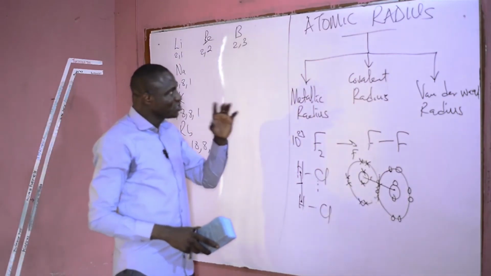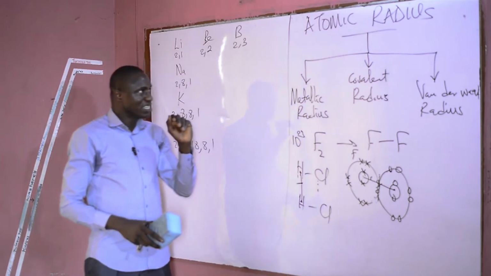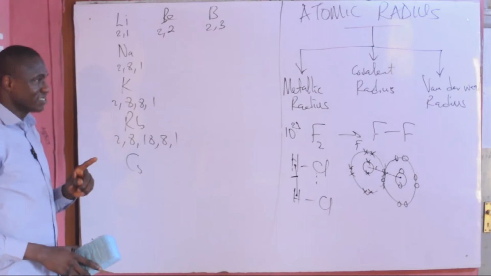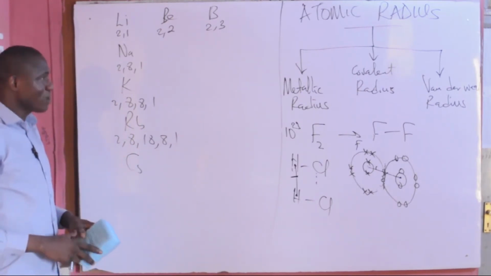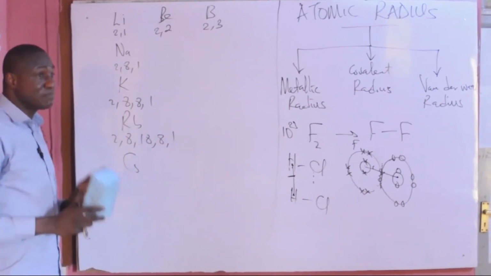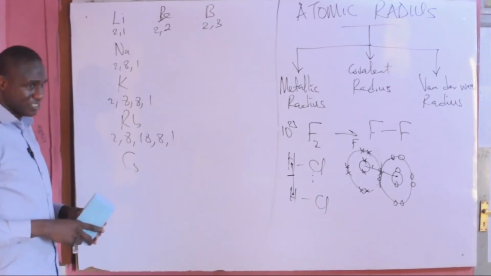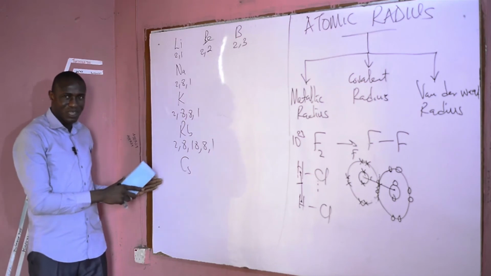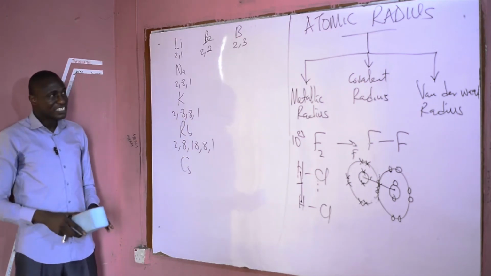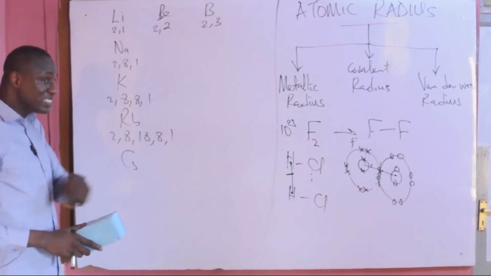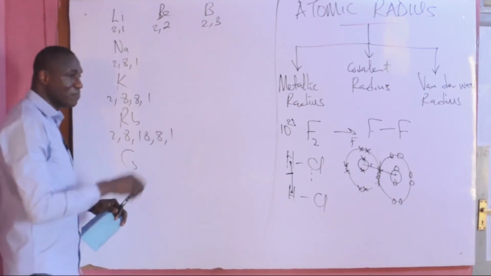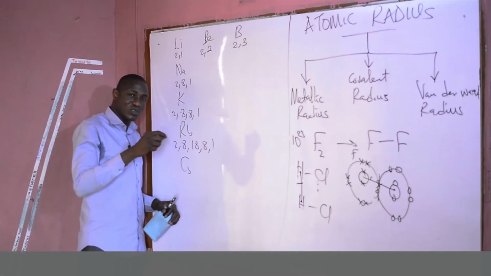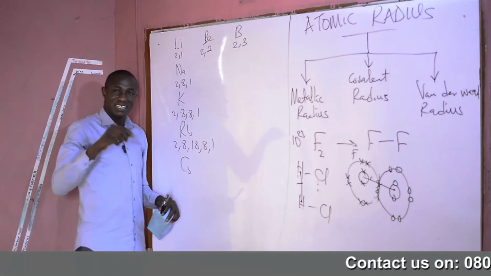And another thing I want you to take note of under atomic radius is that there's a difference between atomic radius and atomic volume. And usually atomic volume is not a direct measurement of the atomic size of an element. Students must get that clear. What do we mean by atomic volume and what do we mean by atomic size? The size of an atom is a function of its density. And what determines the density of an atom is the mass of the nucleus. And the nucleus of atoms consists of mainly protons and neutrons.